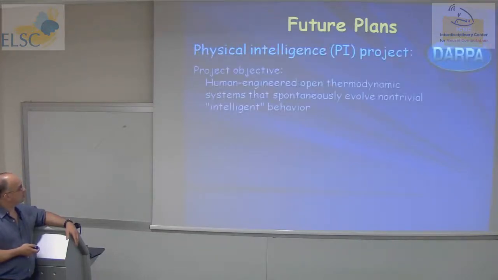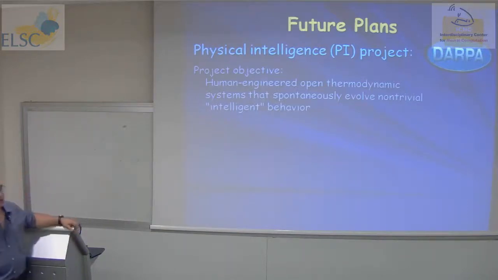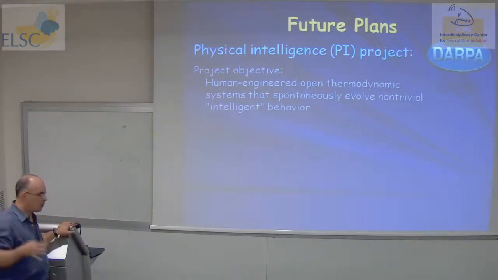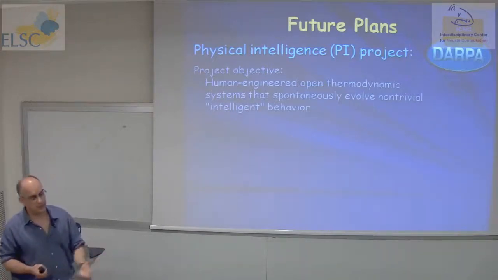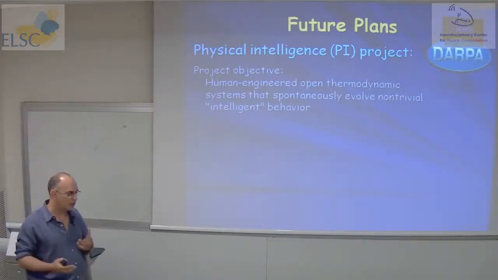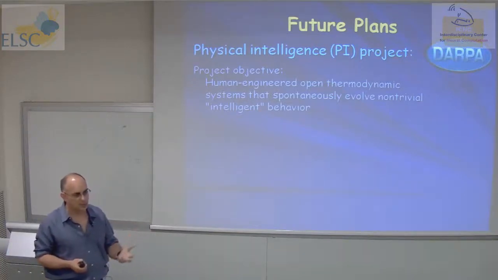And lastly, there is a project of DARPA. It's a very ambitious project that we started to be involved in. They call it PI, Physical Intelligence. And the idea is to really have hardware implementations of something that looks like a neural network, some spin systems. There is another system based on what's called atomic switch array, and other systems, maybe there is a chip that simulates integrate and fire neurons.